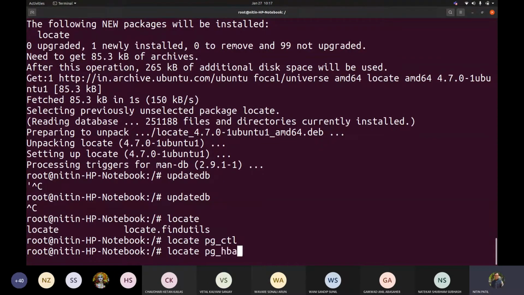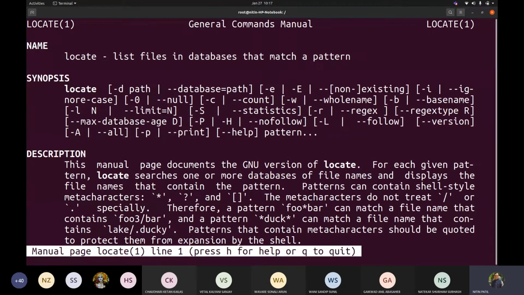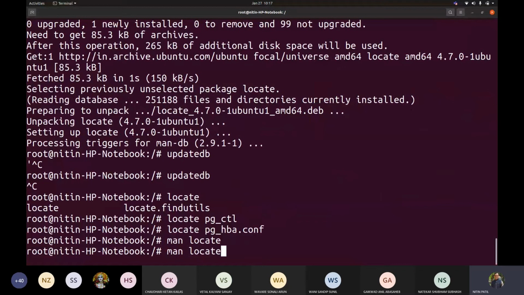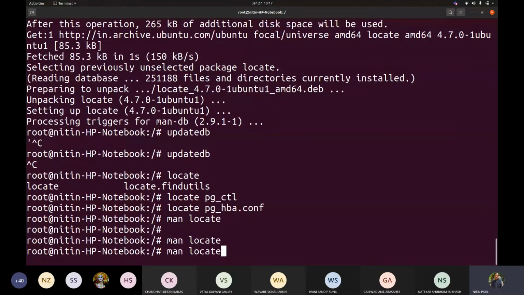So pg_hba.conf. No, something is missing even using this locate. Do you want to add something?